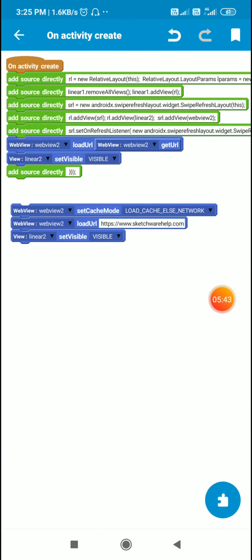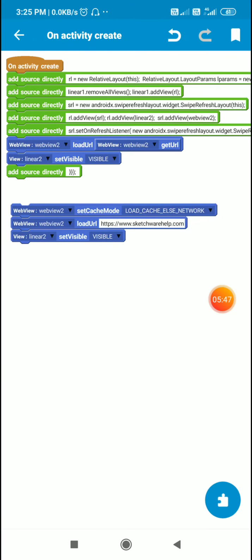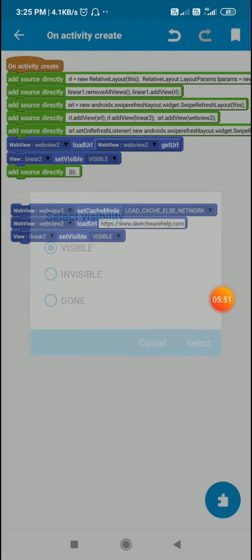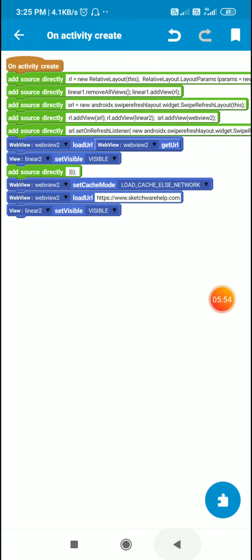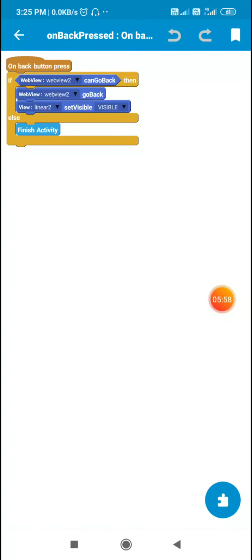After that in on create I set the cache mode to load cache else network, then I load this URL and make linear2 visible. This is in on create. In on back pressed event, if WebView can go back, WebView go back and I make linear2 visible, else finish activity.